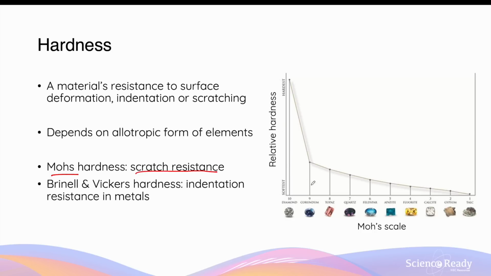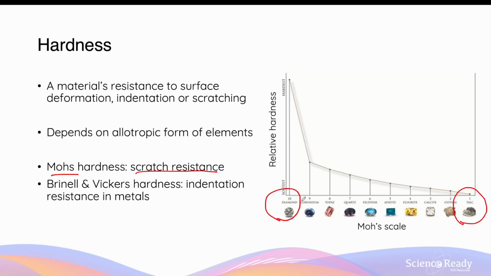This is outlined by the graph here, where it's measured from the highest value of 10 to a lowest value of 1. A material with a higher hardness is able to scratch and cause surface deformation of a material that has lower Mohs hardness. So for example, if we scratch the surface of diamond versus talc, which has a hardness of 1, the diamond surface would not be deformed, whereas the surface of talc would show significant scratching